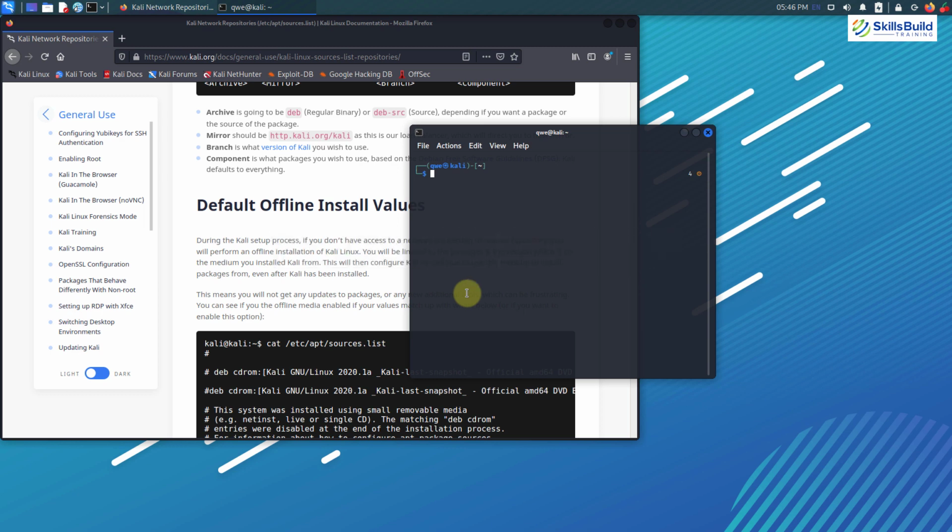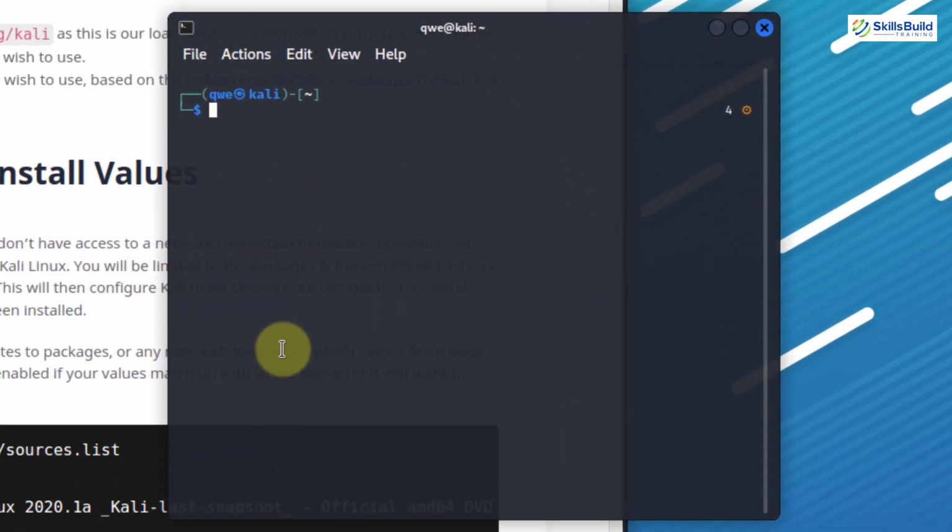Number 13, add a standard user. Earlier I had shown you how you can add a low-level privileged user into your Kali Linux. Now I'll show you how you can add a standard user into your Kali Linux through your terminal. Well, to do so, we just have to write a simple command and the command is sudo useradd -m and now give the name that you want to give to that particular user. User 1 already exists in my system, so this time I'll go with user 2 and just hit enter. Now the standard user with the name of user 2 has been added successfully into my system.